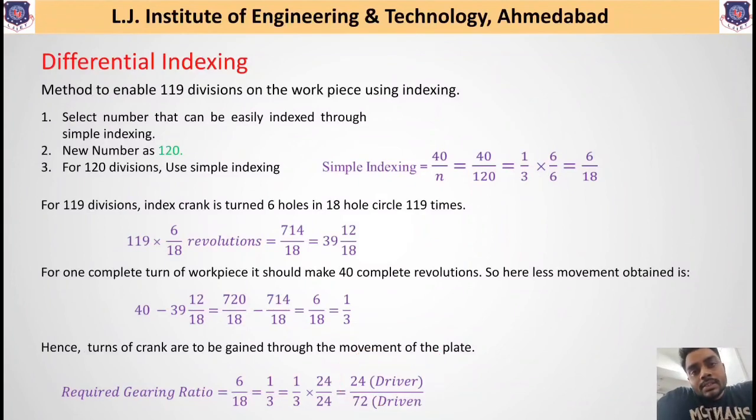So in the examination, after following this certain number of steps, you must give the interpretation of the crank pin rotation required, the gearing ratio that is provided, and the final number of divisions that is obtained, as we have discussed. So this is the differential indexing method, and we have discussed two variable examples to familiarize you with the different variations that can be asked in this differential indexing method.